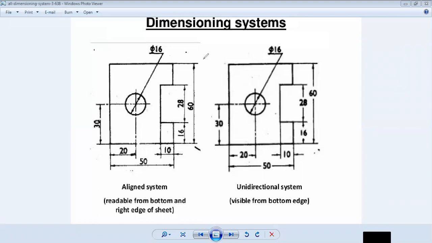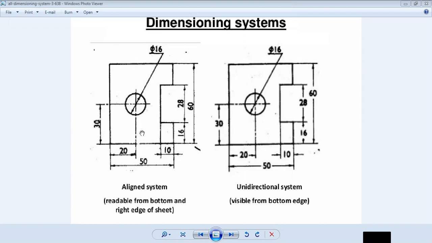Does anyone have any doubt? Sir, do we have to draw this in the sketchbook? No, I will tell you. This sheet number 1, you directly draw in the sheet, except problem number 5. Except problem number 5, which we will discuss, everything you should directly draw in the sheet.